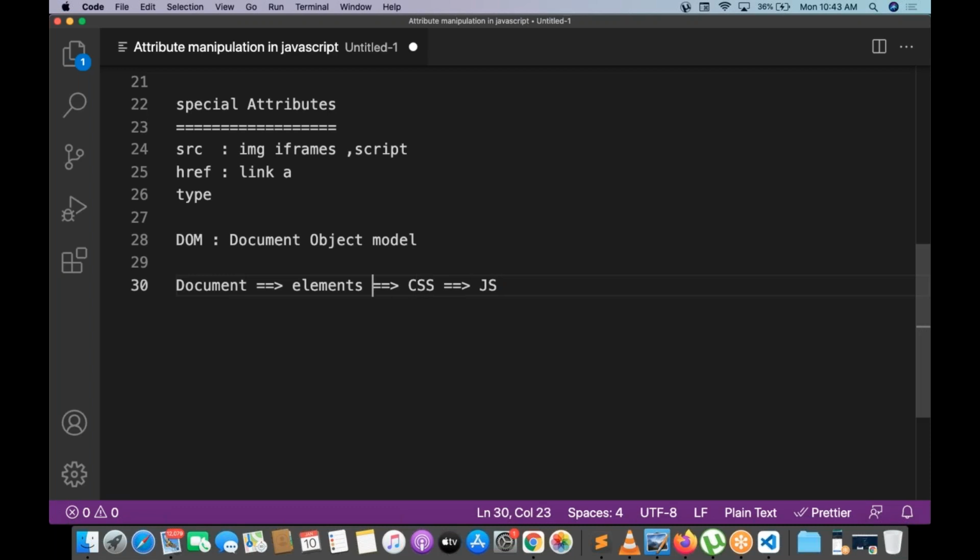But elements have some special features like attributes. Attributes are nothing but properties of elements. For example, you take a cat, it has a number of attributes. If you take a dog, it has a number of attributes. If you take a person, they have a number of attributes like name, nickname, hairstyle, color, weight.